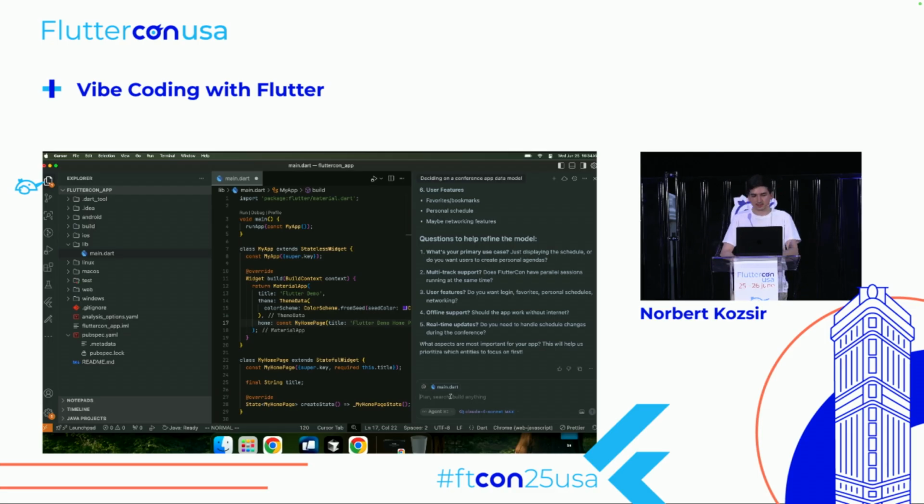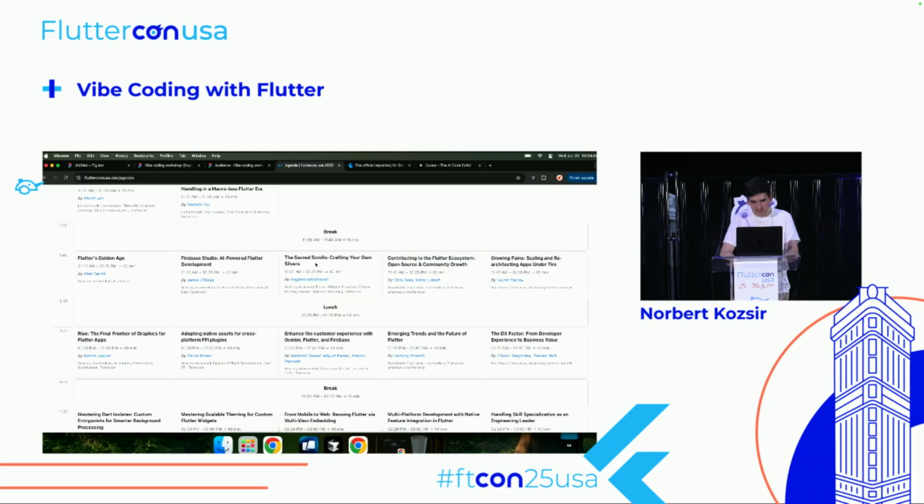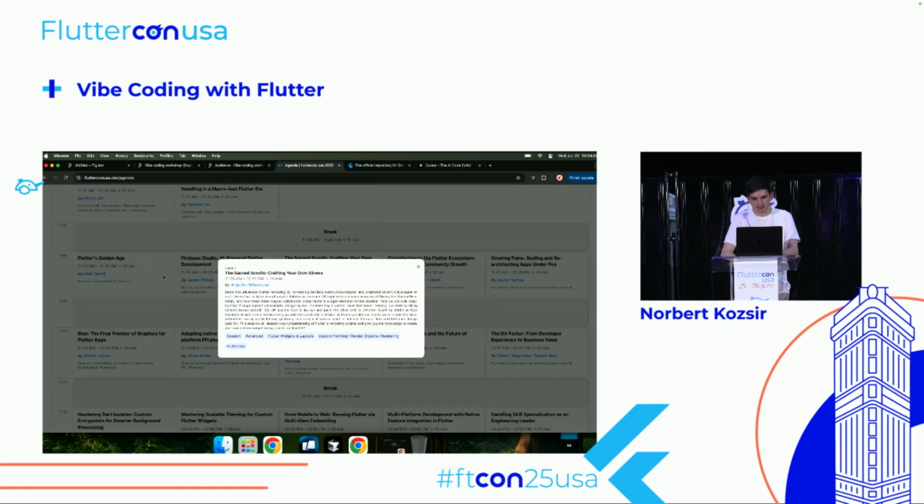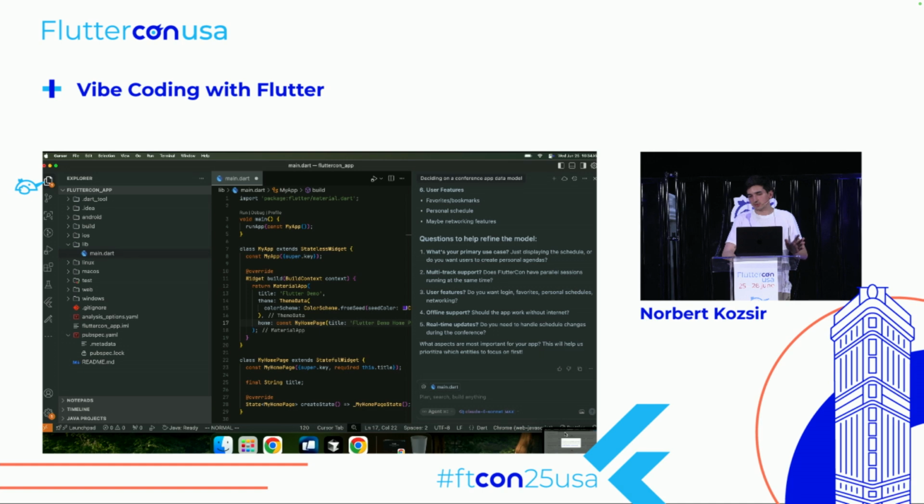First off, we just want to get the categories out. For this, what I also sometimes do is give it more context, so let's just screenshot this. One thing all of these tools do really great is that you can just add a screenshot, some more context. So let's not make the conference name so variable, just this conference, multi-track support, yes. Do you want login? Not yet.